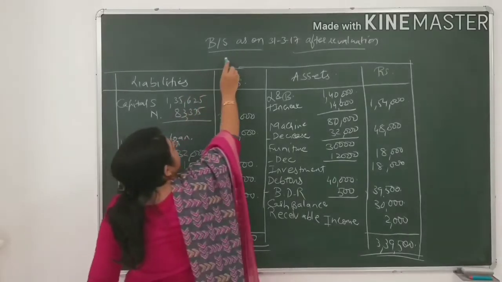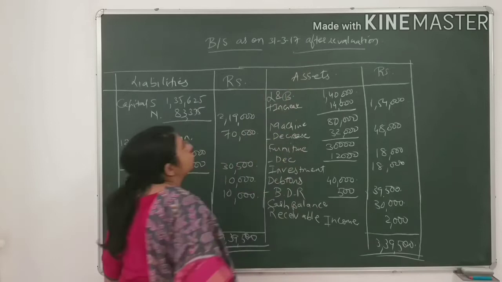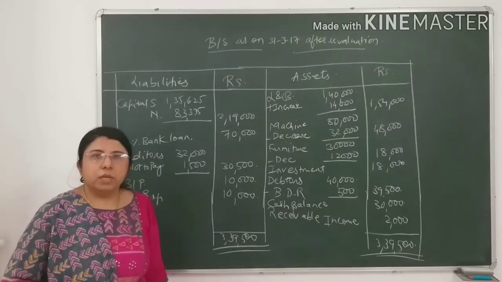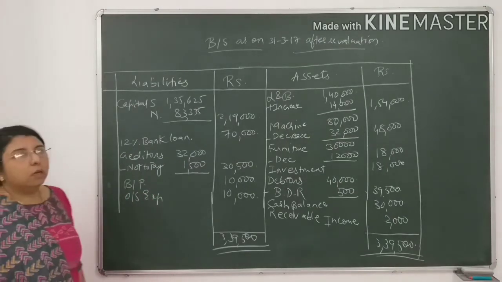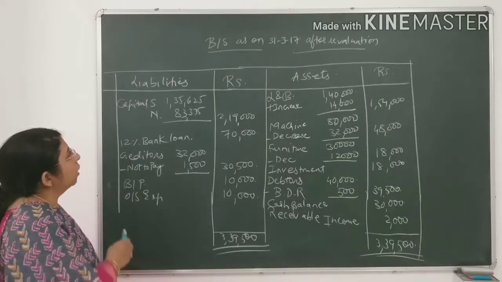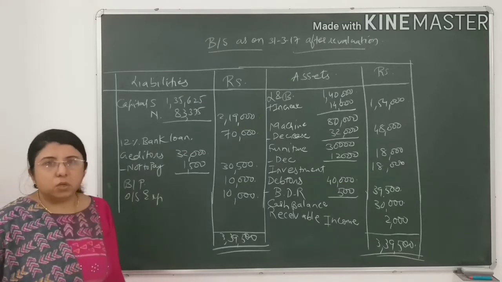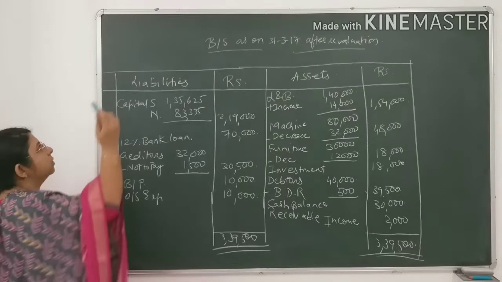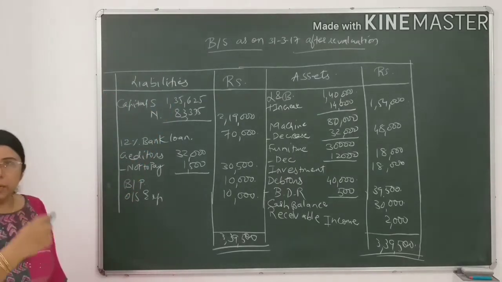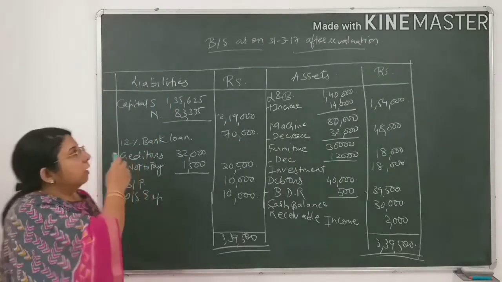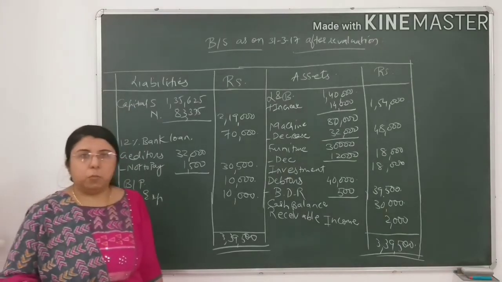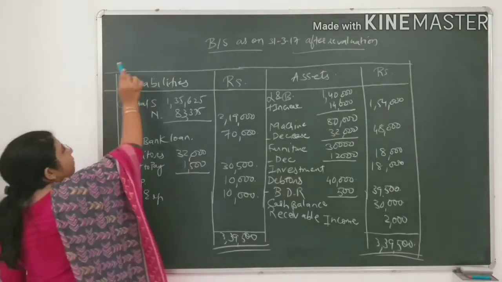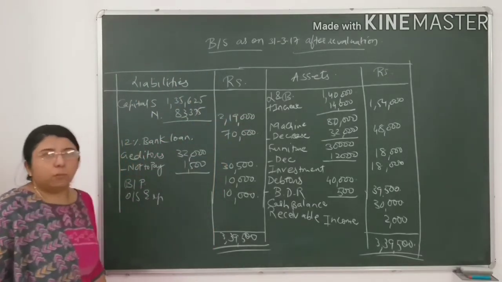Now, the balance sheet as on 31st March 2017 after revaluation, that means after making the necessary adjustments, we have to prepare the new balance sheet. Students, you know very well that a balance sheet is a statement, it is not an account. If you are preparing a revaluation account, you must write debit and credit on the debit side and credit side, at the left top corner and the right top corner. But a balance sheet is a statement, so you can never write debit or credit on the left and right top corner.